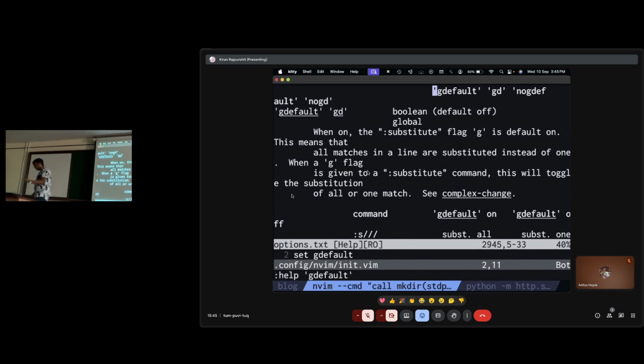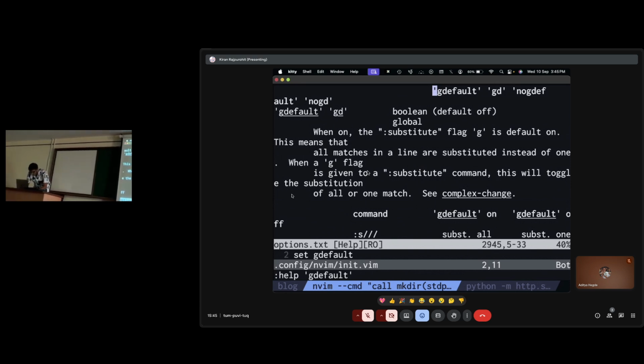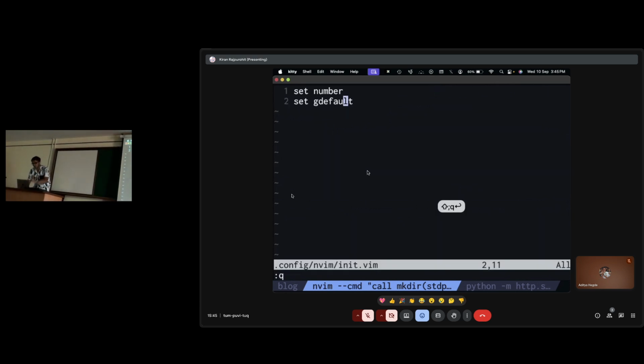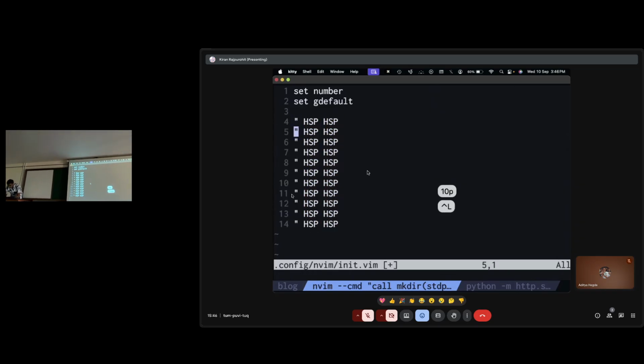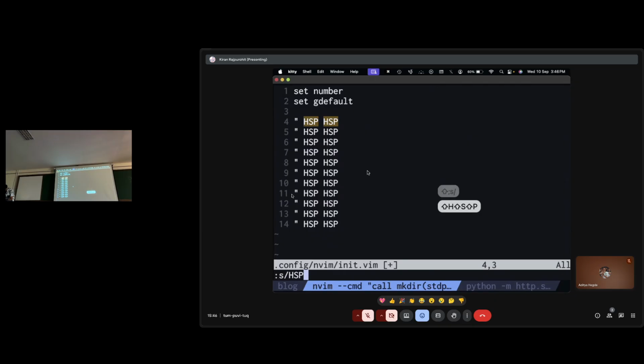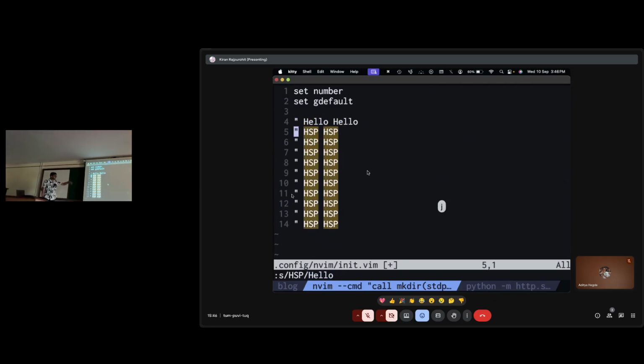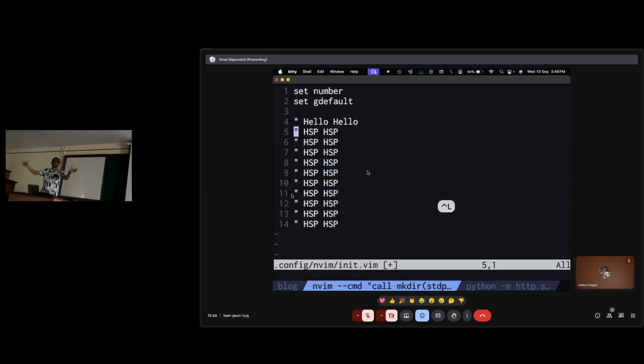It is saying the following. I'll just enter something. By the way, if you have searched, if you do hsp, hello or something, you'll see that all the other hsps are also colored. Say you don't want them, you want them gone, you can just do Control L and clear the highlight.